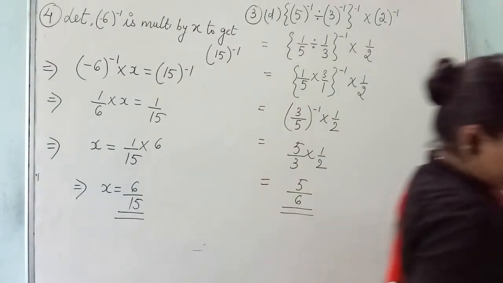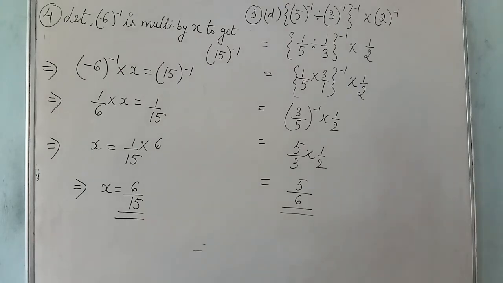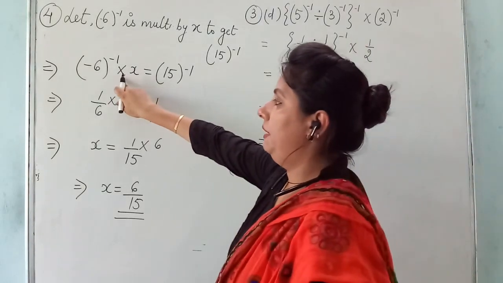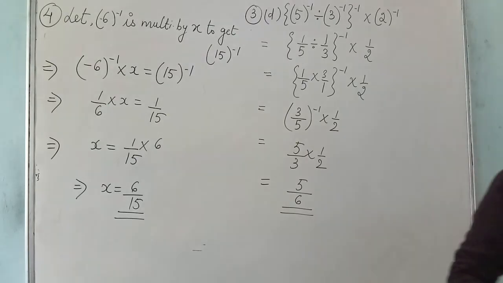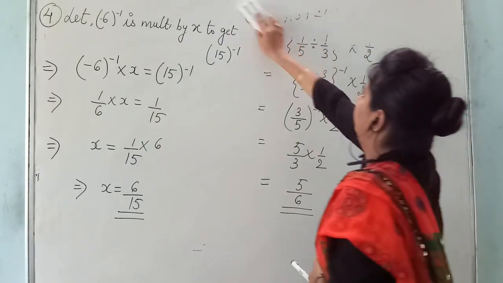Now, in question number 5, by what number should minus 4 by 5 raised to the power minus 3 be divided to get the quotient as this? It is just the same as question number 4. Instead of multiplication you have to apply the division sign. So I will be doing question number 6 here.